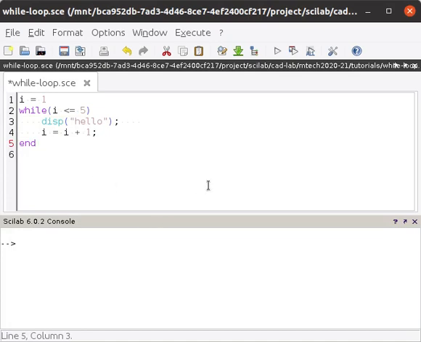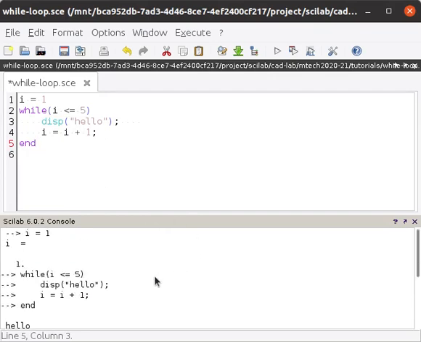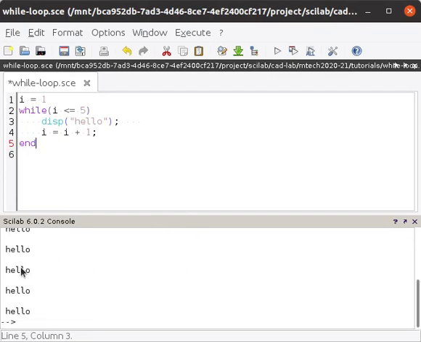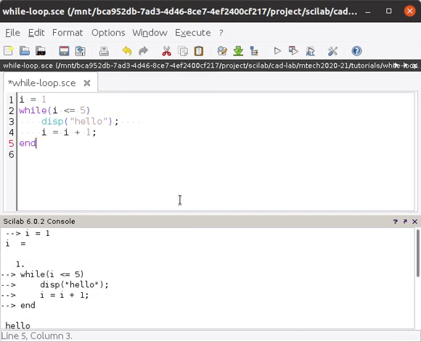Now let's run the loop. Control L is the command to run the Scilab command. So you can see on the screen that 5 times you have printed the text here.